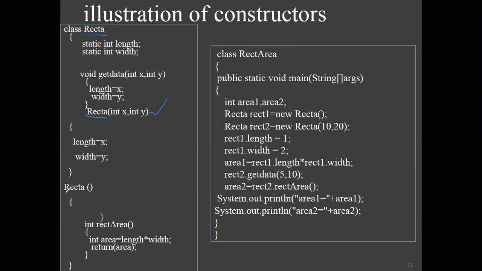You can see another rect a is here. So that means you have two different constructors. One is a parameterized constructor, and the other one doesn't have any parameter, that is called the default constructor. So every class may consist of a parameterized constructor or may not, but it consists of the default constructor.